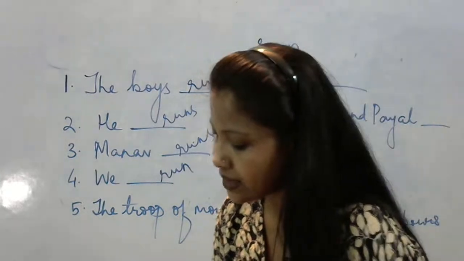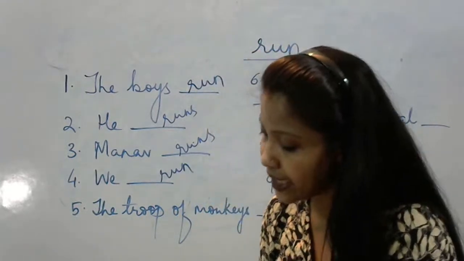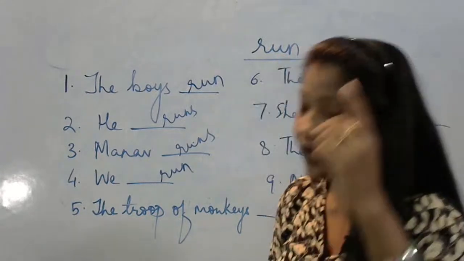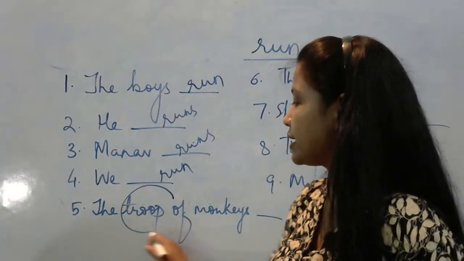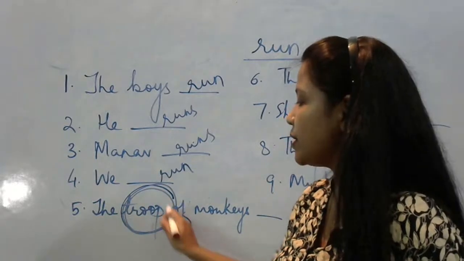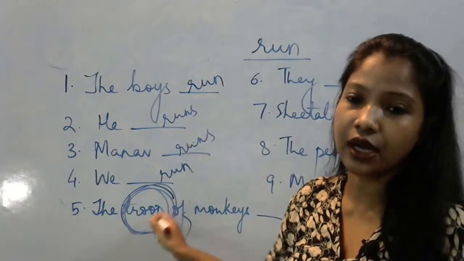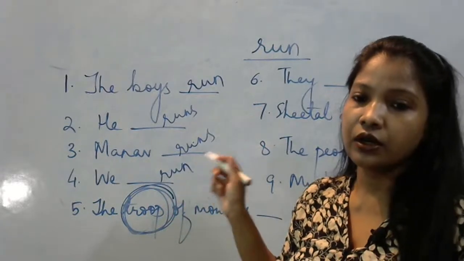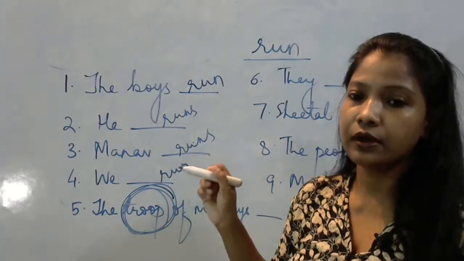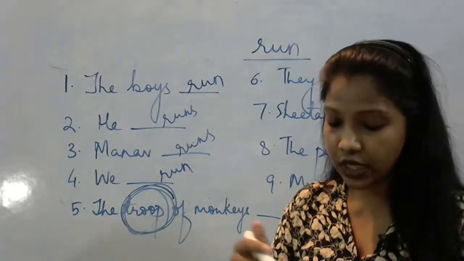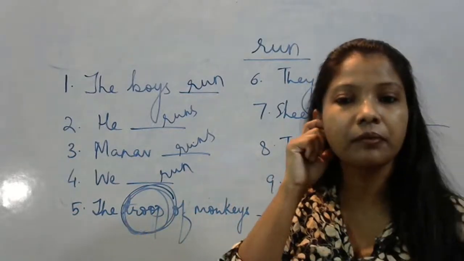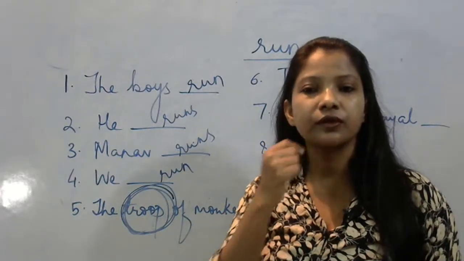Okay, somebody has written monkey, someone has written monkeys, some have written troop. The right answer is troop. Those who have written troop, that is the right answer. This should be taken out. But can anyone tell me which noun it is? ये कौन सा noun है? Which noun it is? Type of noun. I mean, there are different types of nouns. So which noun it is? Which noun is it?